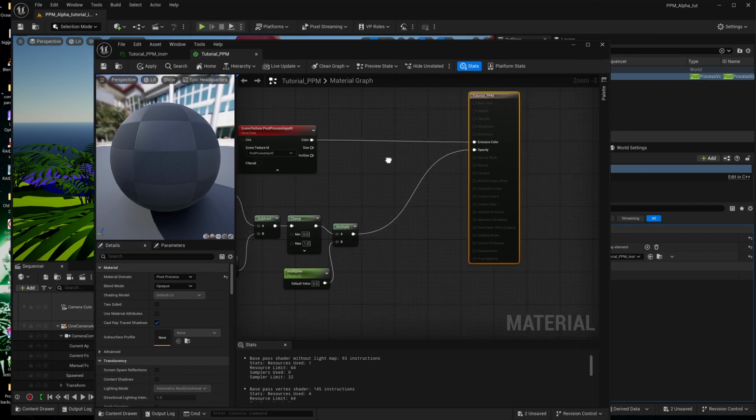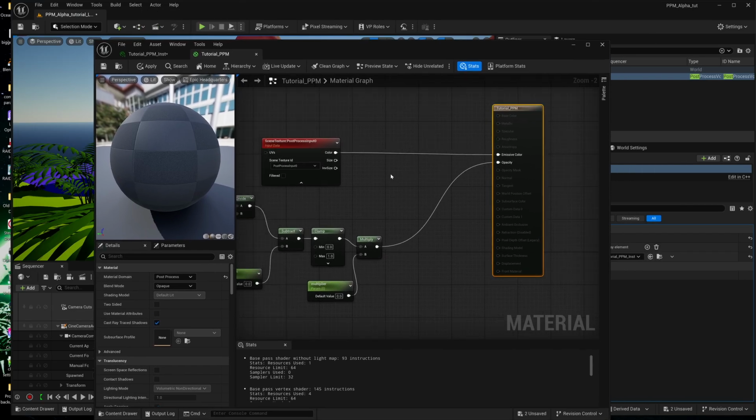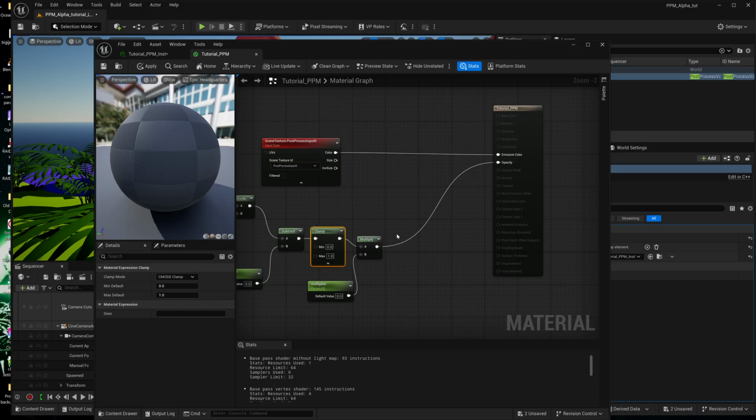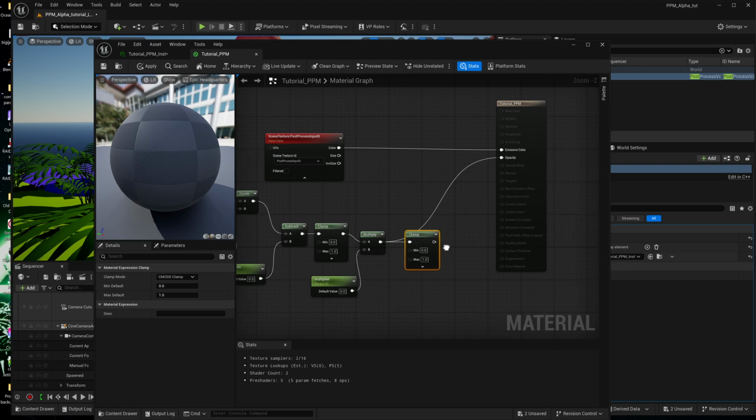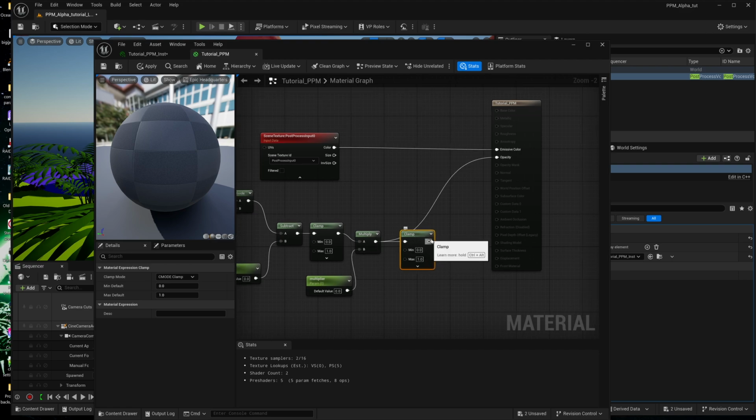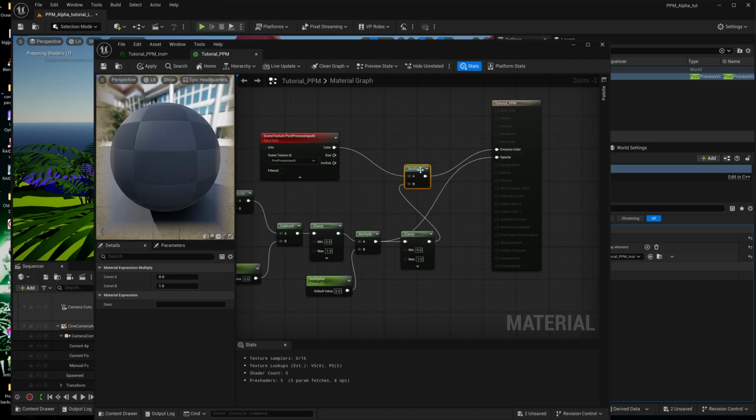So if we go to this again, and I'm just going to copy that clamp, put that, so we're going to set it back to a 0 to 1 range again, and this time we're going to multiply the scene color by the alpha,